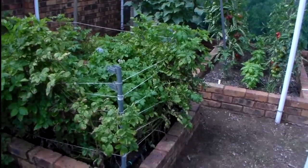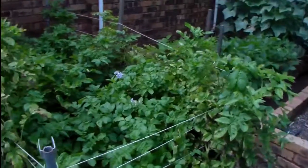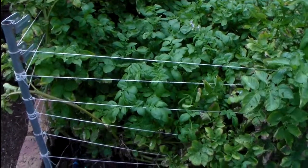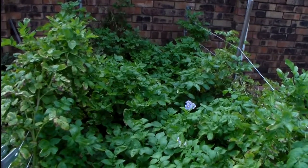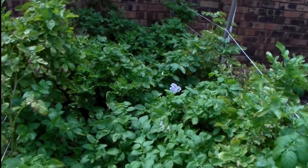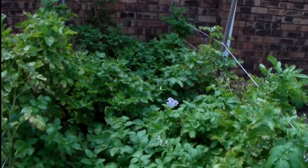Potatoes. Some of them are looking a little worse for wear. Others are setting a few more flowers, but I'm probably going to start digging these up soon, having a scratch around and see what's down there, because I need to start getting through these beds now. I'm going to have to start planting winter veg in the next couple of months. So potatoes are doing okay,